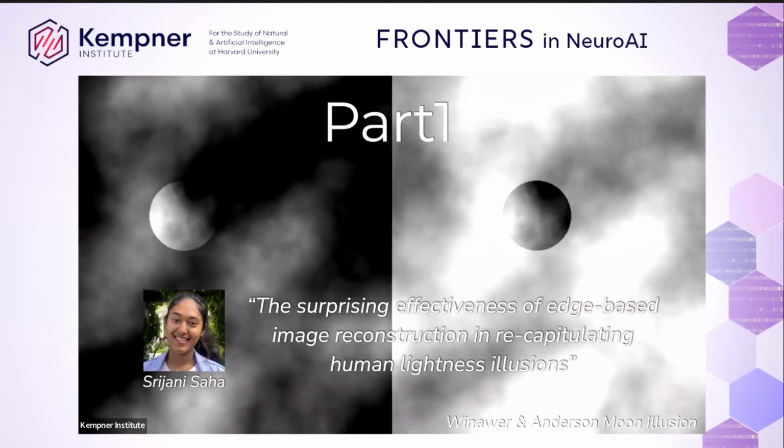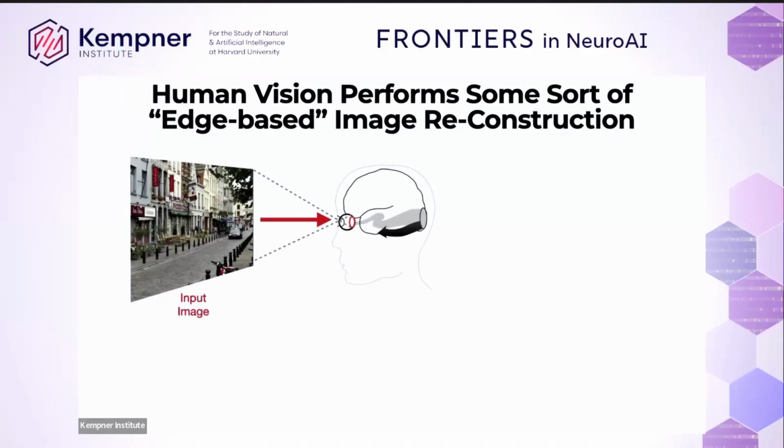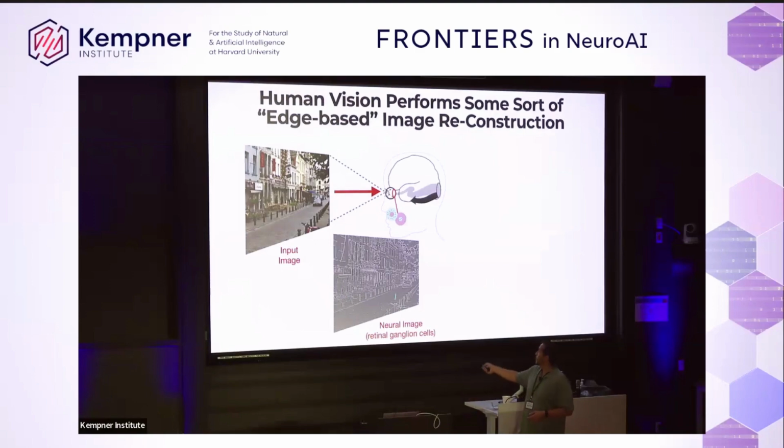And how it is that your visual system gives rise to these kind of strange misperceptions of lightness. And for this, we know something about the visual system that suggests the following. So you get an image, it comes into the eye. You have these center surround receptive fields in your eye, these retinal ganglion cells, and they only respond to contrast edges, changes from light to dark, or from red to green, or from blue to yellow, which means the neural image that gets transmitted from your eye is really just this very sparse response to changes in brightness or changes